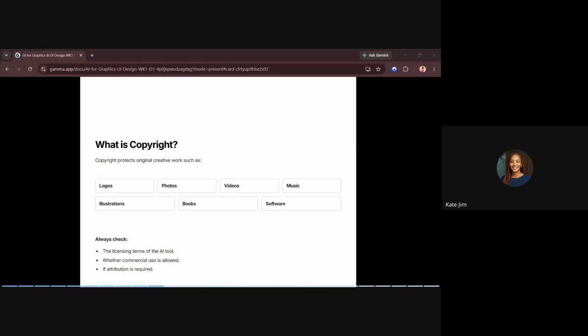And check if attribution is required. There are some people that will say, yes, you can use it commercially, but you have to attribute it, meaning you attach a tag that says, okay, I used this illustration, I got it from so-and-so, Mr. Usman, Mr. This. So that's attribution. You are attributing the rights and the credit to the owner of the item.